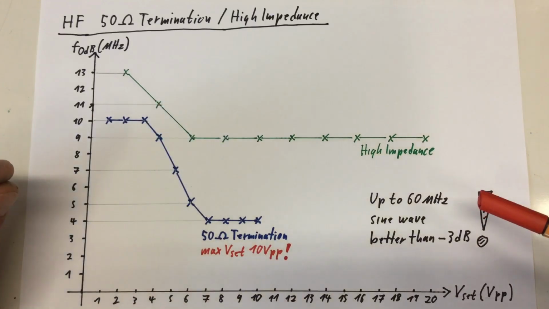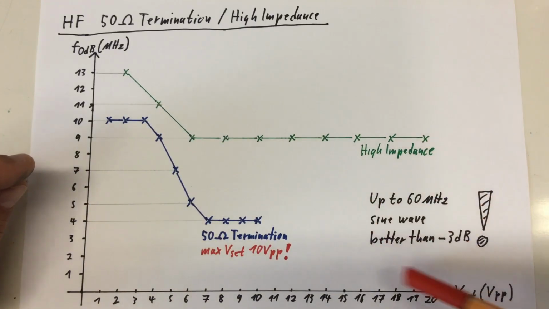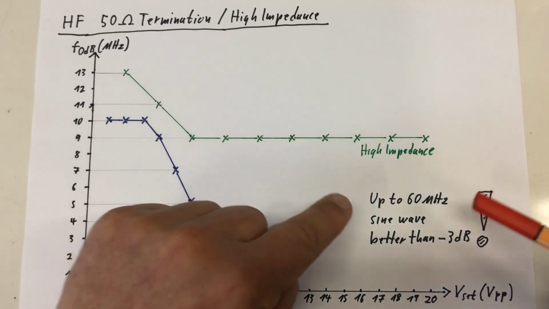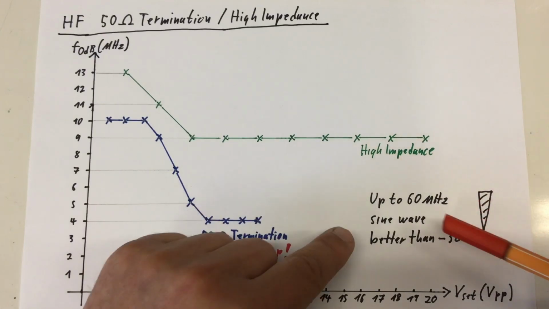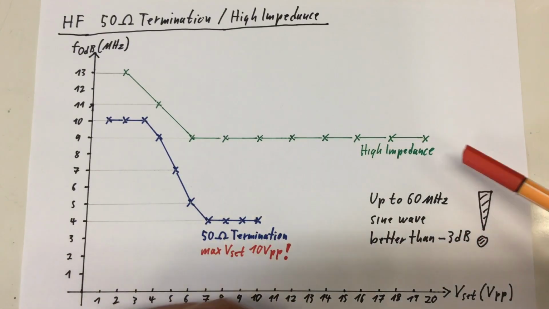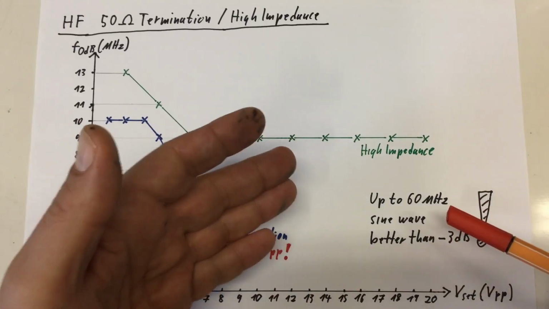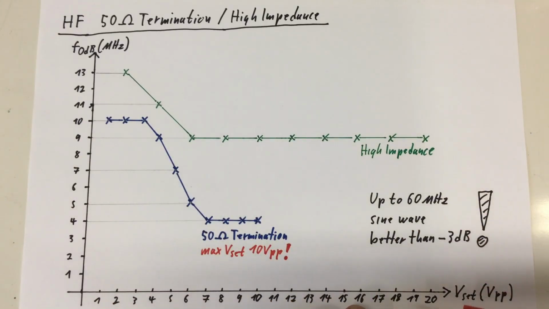To be fair, in all measurements, I checked that. So up to 60 megahertz sine wave, the attenuation is better than the industry standard of minus 3 dBs. But